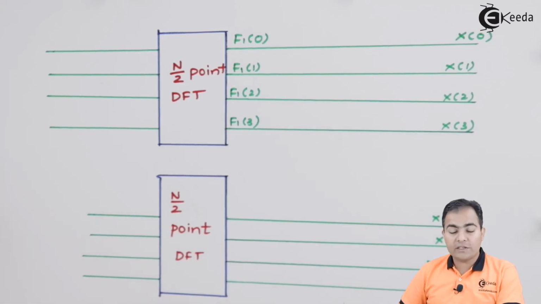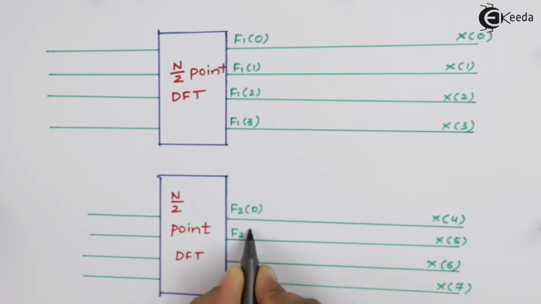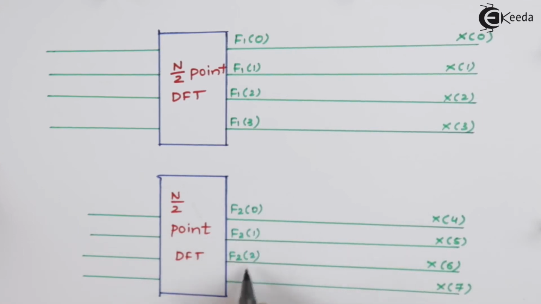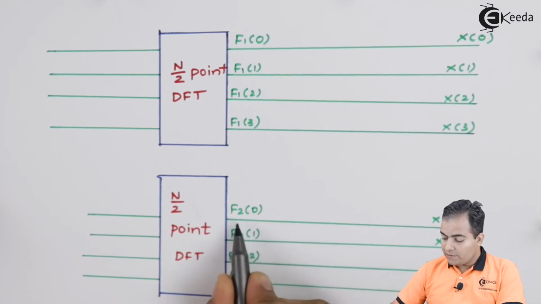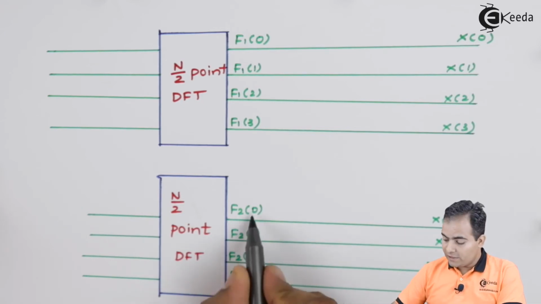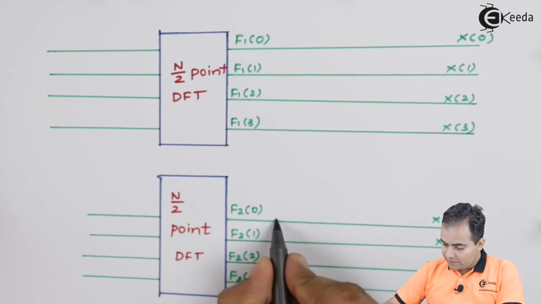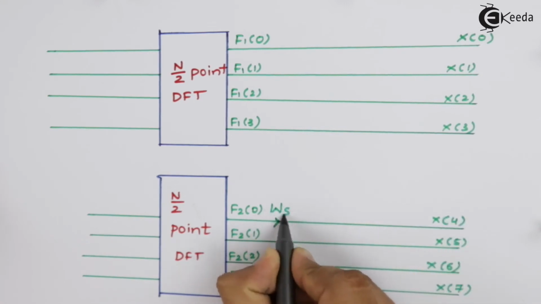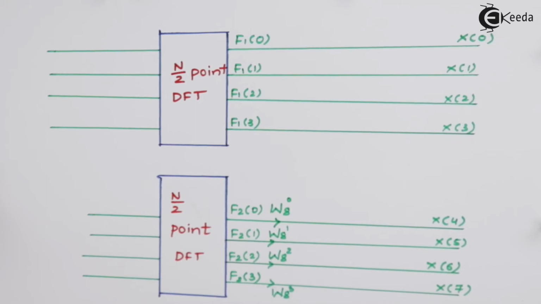Similarly, the second part is for odd, so here I'm going to write basically all the values of f2 multiplied by omega n to the power k, and the k values we have already placed over here, that is 0 to 3. So we'll multiply all the values by